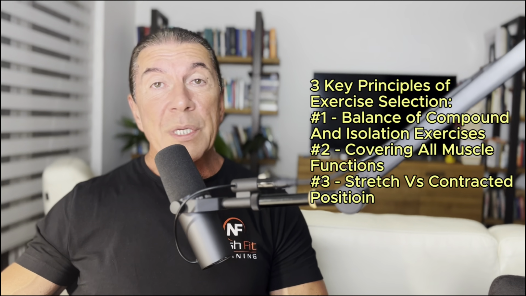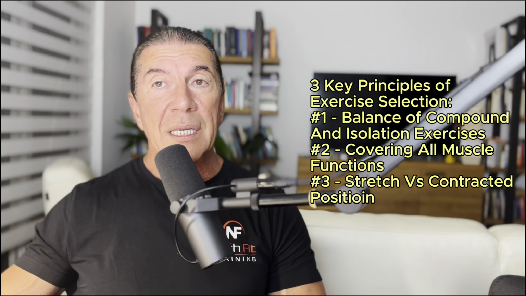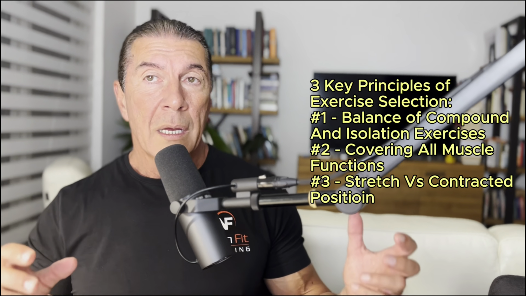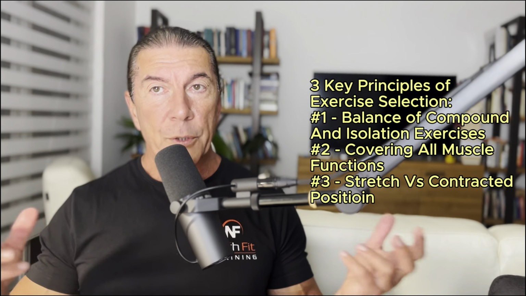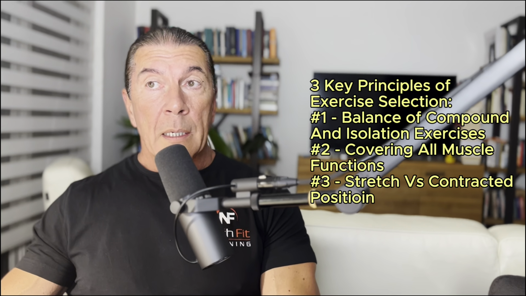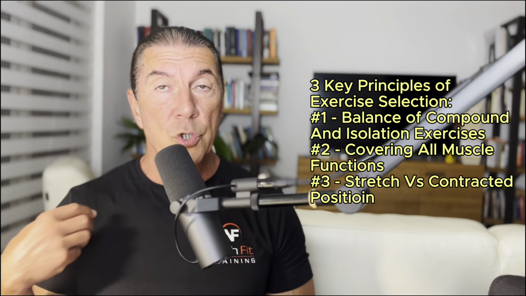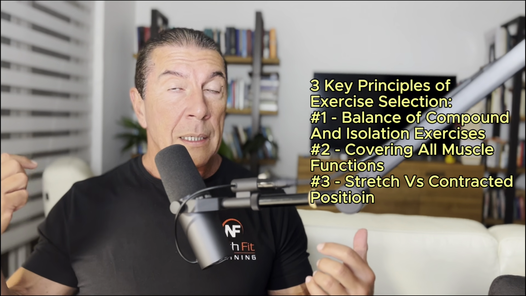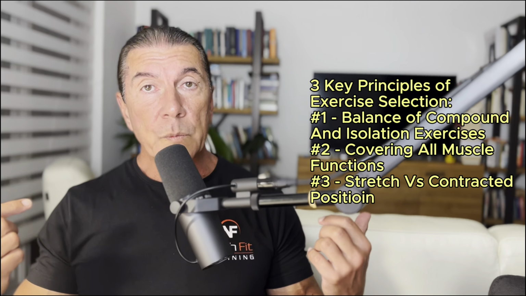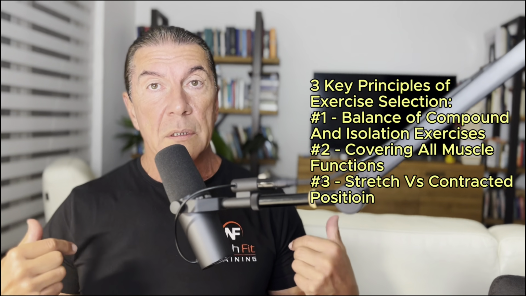Now the second important principle of exercise selection is covering all functions of a muscle. For example, you have shoulders. Shoulders perform many different functions. They are the front shoulder, lateral, and rear shoulder. So every single head of this group of shoulder muscles